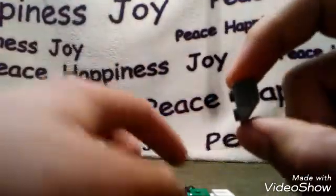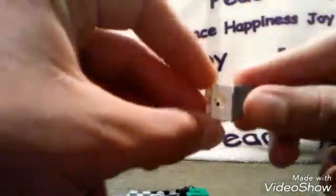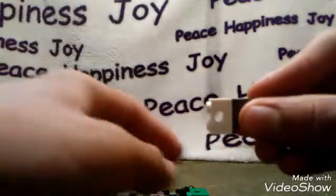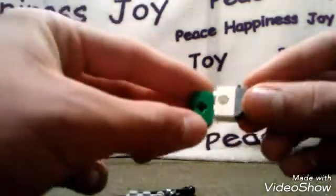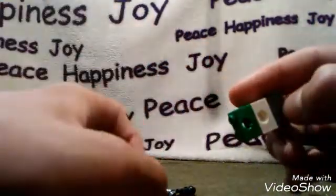You're going to grab it like this, and then you're going to put the 1x2 with the Technic hole in it, a circular one, and then one with a crossed hole, like that. So I end up with this 3 high stack, I guess. After that,